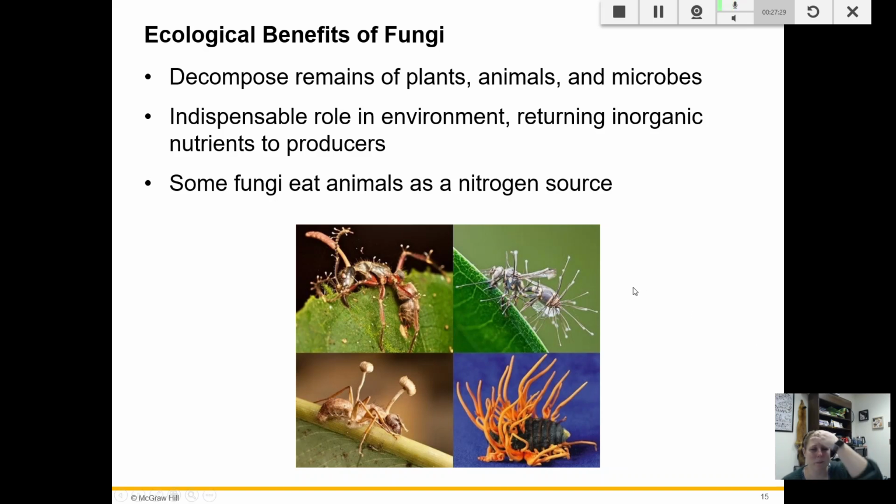And then, of course, this picture. I know probably all of you are wondering about this. If you're not, because you're familiar with it, that's awesome. These are called cordyceps fungi. Cordyceps fungi are very host-specific. They only infect certain species of insects, and they use that insect as a nutrient source.